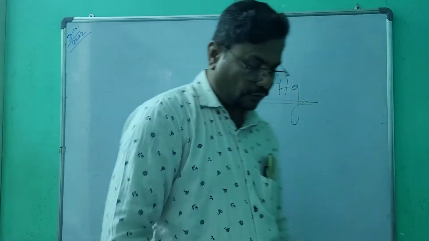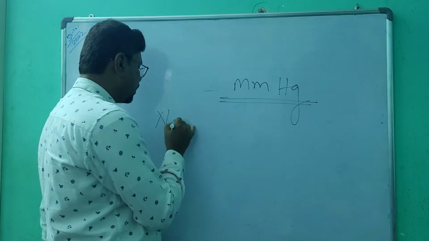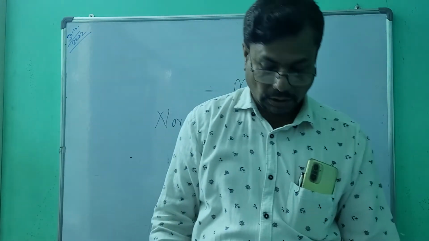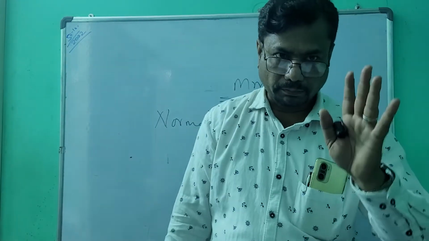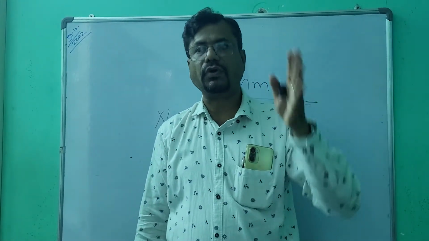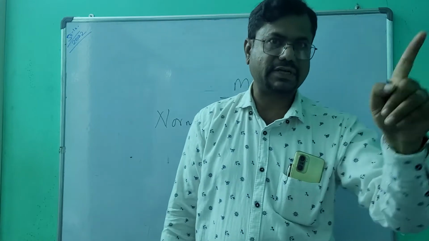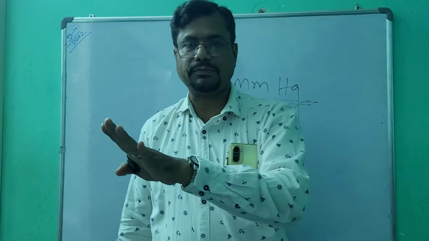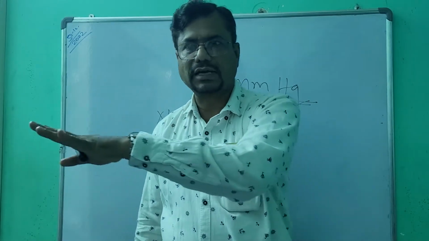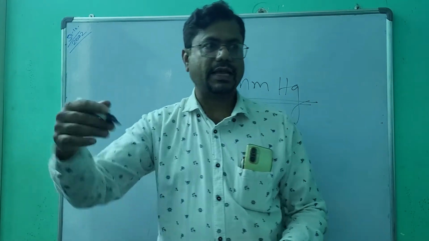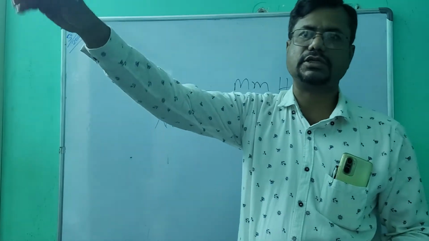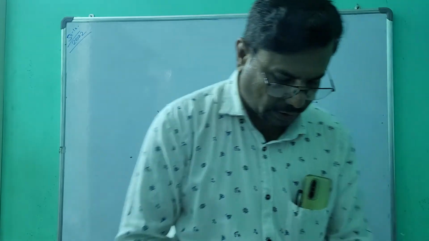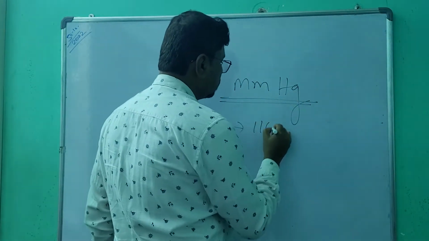So for a normal blood pressure, what range will we see? Whenever we talk, being a medical person, we have to say it in a range. Never say that it is 120 by 80. If you say 120 by 80, that means we are still kids, in schooling, where in 8th standard they write what is hypertension as 120 by 80. So the range here is 110